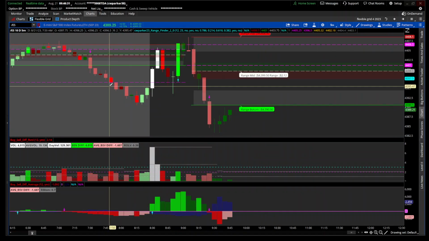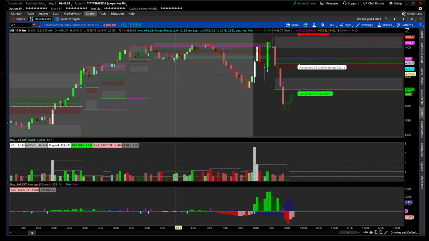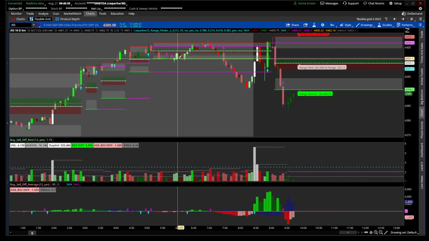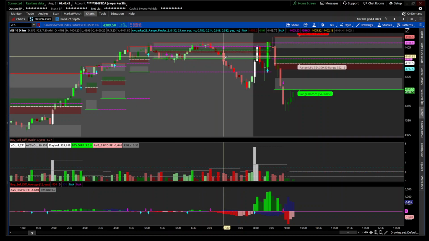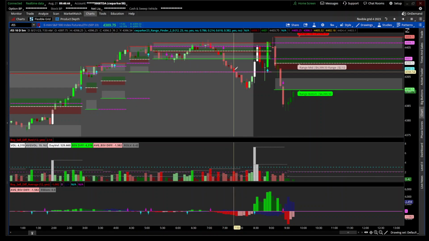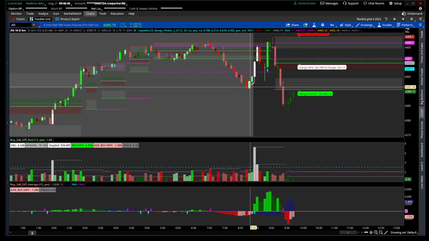So we can see how the stock was traded within this range. It had a couple of breaches below, but it came right back into the range. Then you had this huge breach right here, and it kind of found support right here, and then it breached down below. Then that's when the buying